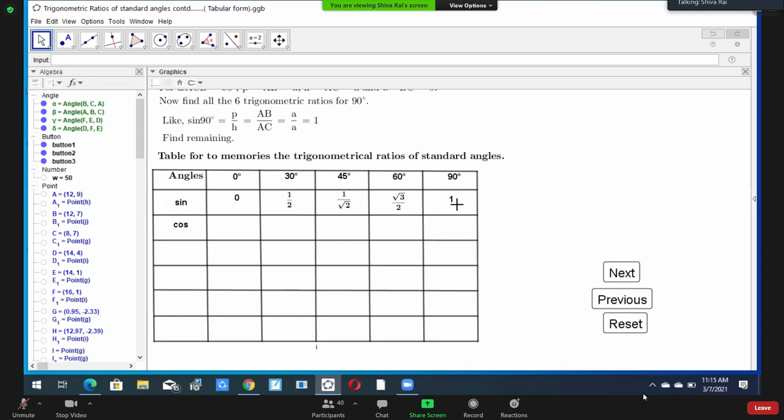You put the value of sine in reverse order. Look here, for cos 0 degree, you put this value, 90 degree of sine, 1 here, and this 60 degree here, and this one doesn't change its place. This is in the middle, so it doesn't change, means cos 45 degree also 1 by root 2. Now cos 60 degree equal to 1 by 2. Cos 90 degree equal to 0.